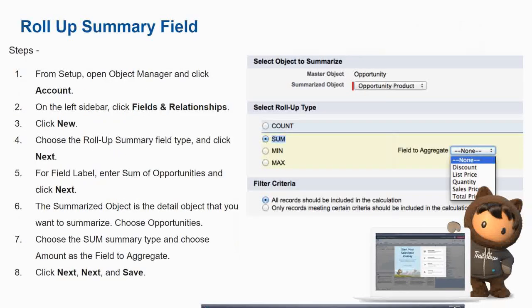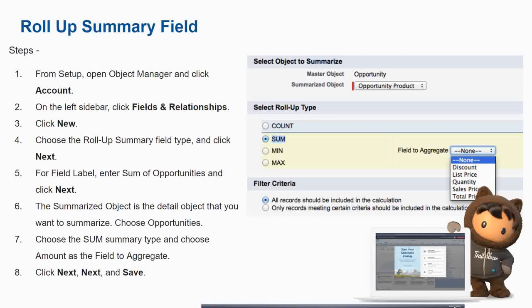Here I have also provided the steps, you can go through them. How to create a roll up summary field? These are almost the steps you have to follow for fields, even if it's a master detail or lookup or anything, the steps remain nearly the same.